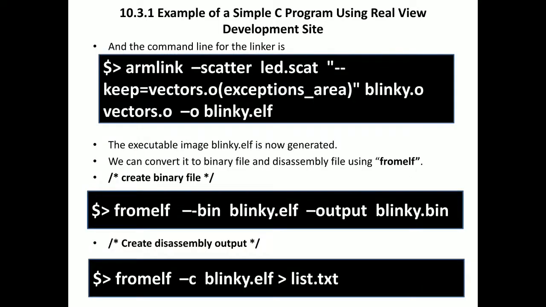Then how to link the file, we need to use the linker. What type of linker? armlink. You can see, go to the command prompt, type armlink. The linker you are using is armlink. And we need to mention what type of operation we are doing. We are doing scatter. We are executing the scatter script. So hyphen scatter, name of the file, within double quotes you can give some comments, some comments while executing, and give the object file name also.